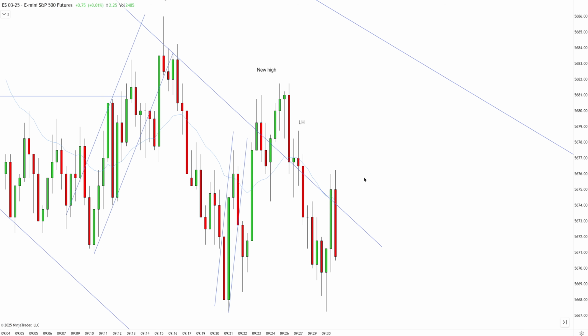Can I get a failed second entry long? I have a failed second entry long here. Of course, I cannot go short so far from the EMA. We have a new high first entry long. I can treat it as a visual failed second entry long right here, but what I don't like is that